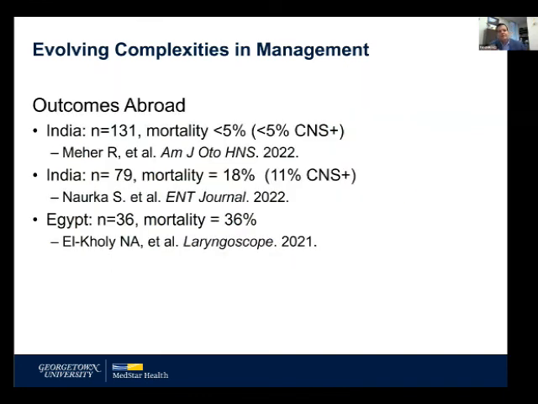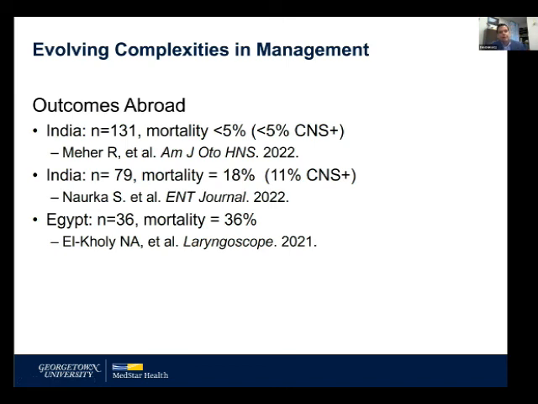Outcomes abroad, these are misleading. So a lot of the outcomes in COVID with invasive fungal disease, people were trying to pump out literature to get the word out there and to try to get as much information out there about it. And so the results of these are surprisingly good, and I think artificially good, because the follow-up is so short. But as you can see, these were cases. This one institution had 131 cases, and this is like in a 4-month period. And you can also see by the fact that they were catching these patients without CNS involvement, that they were catching them very, very early.